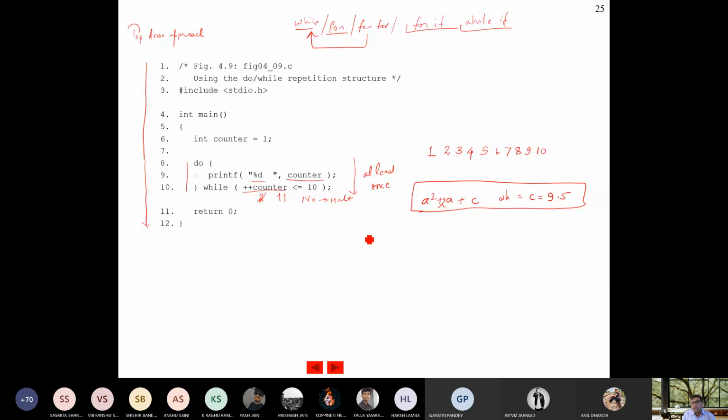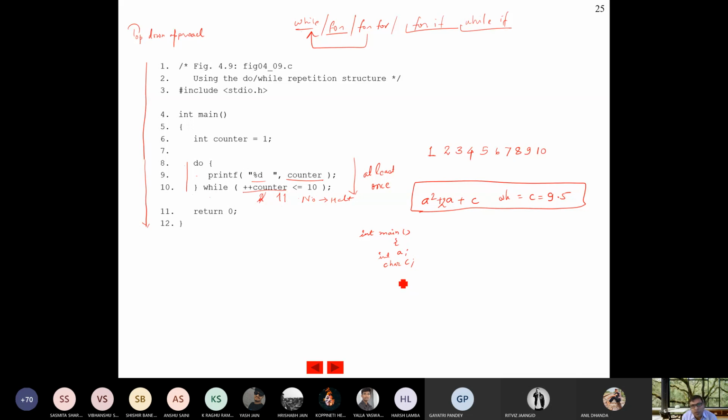Then it will ask for a, and we have already one constant, so integer a and nothing else. Everything is okay. Now there is a character c.